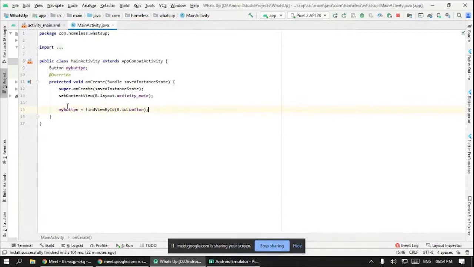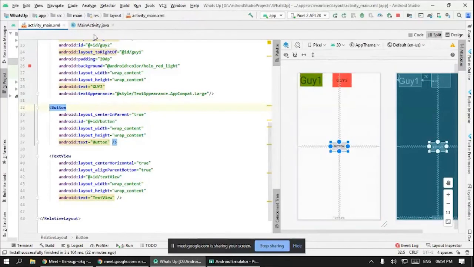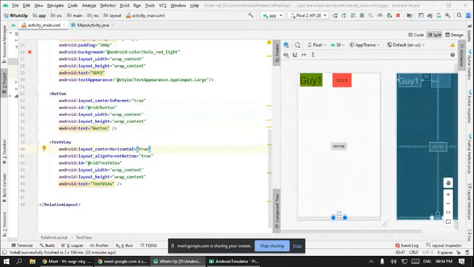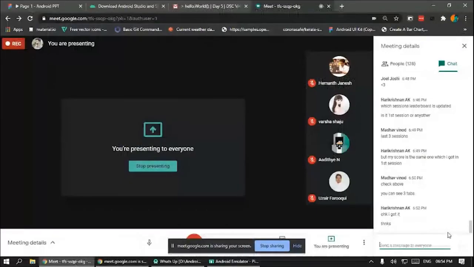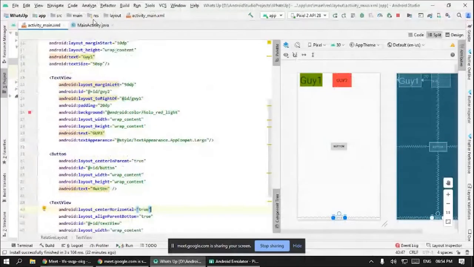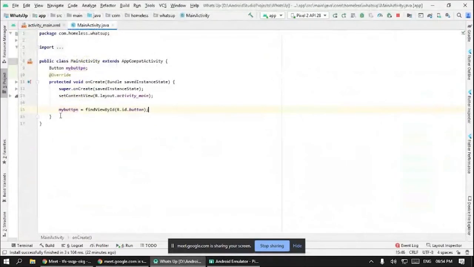Now this myButton represents the button in XML. If I click on here, I can see that, see, I did reach here. That is how we connect XML and Java. So in Java, if I want to do something with this button, I would write myButton.setOnClickListener.